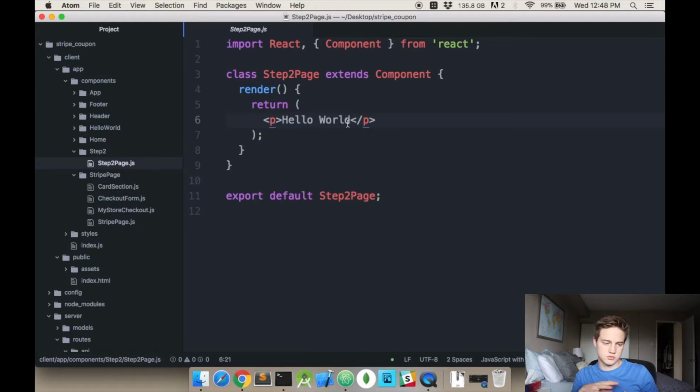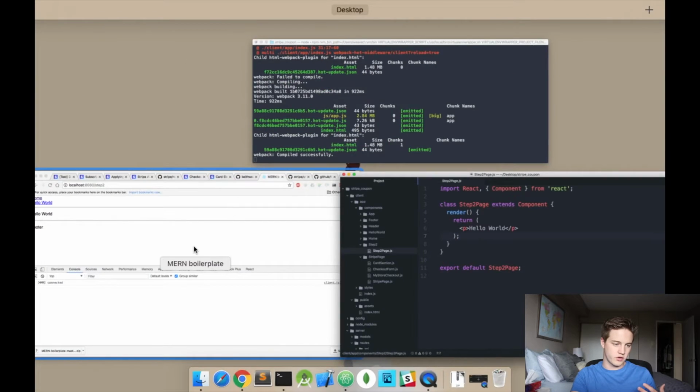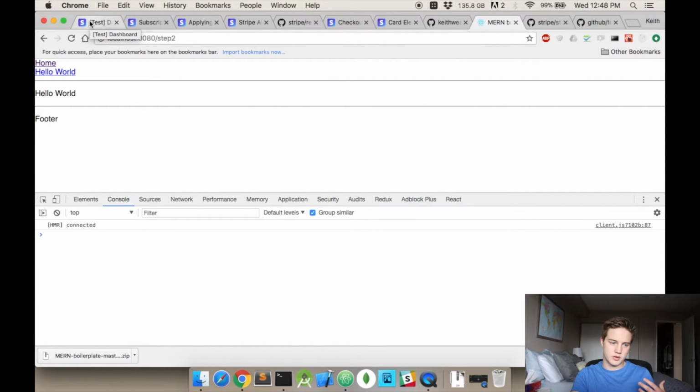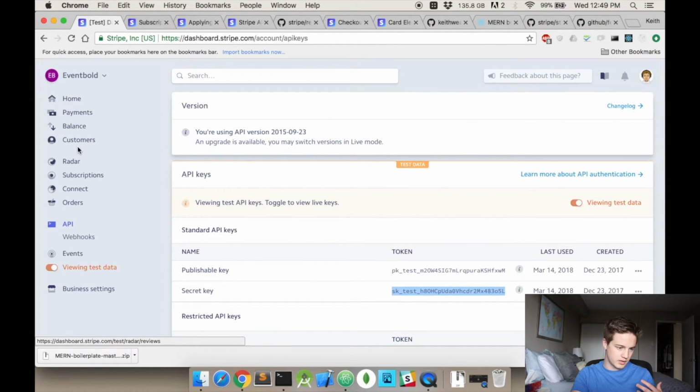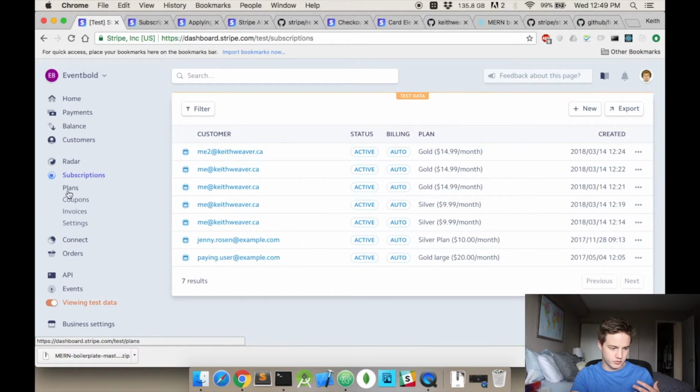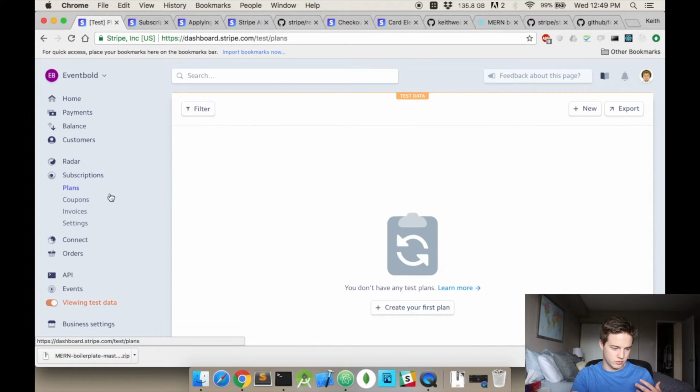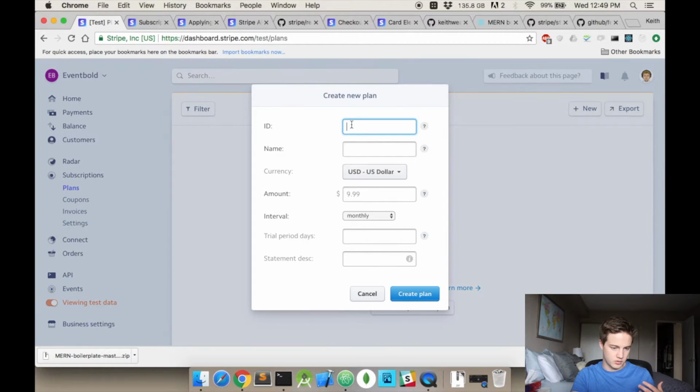They should be logged in, so on the back end you should know which customer ID you have. Hopefully I saved mine. I can grab it from my Stripe dashboard, so it doesn't matter for me. But this is what we're going to do. We're going to start by heading over to our Stripe dashboard here. You head up to subscriptions, you get a drop down here. As you can see, those are all my new users. I get plans as one of my things, so I can hit create plan, and I'm going to create 3